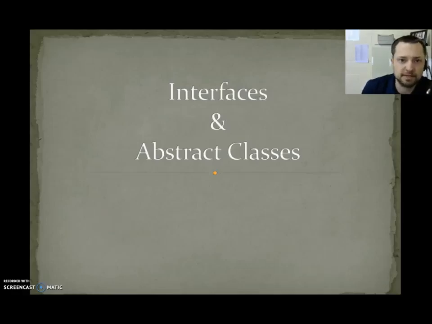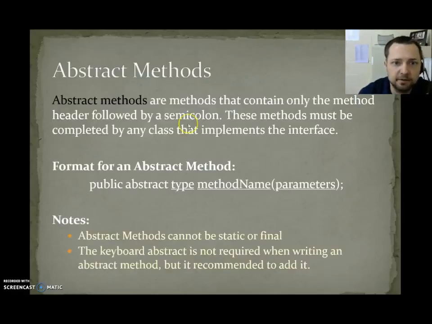Interfaces and abstract classes. Abstract methods are methods that contain only the method header followed by a semicolon. These methods must be completed by any class that implements an interface. We'll talk about what an interface is in a little bit. The format for an abstract method is public abstract, whatever your return type is, the name of the method, followed